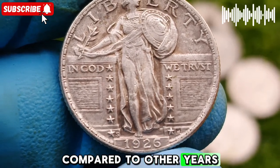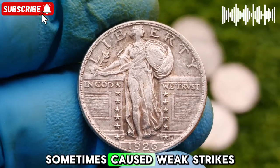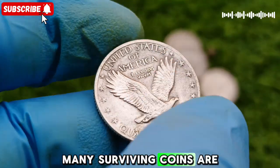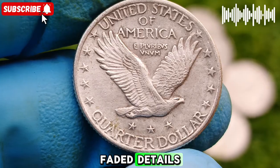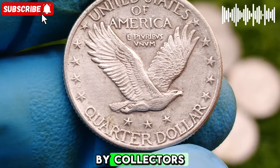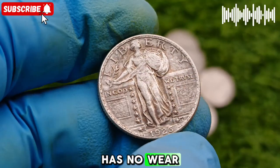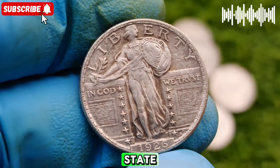Compared to other years, that's a relatively low number. Because the coin's design sometimes caused weak strikes, many surviving coins are found with worn or faded details. That makes high-grade examples more rare and highly sought after by collectors. If your 1926 S quarter looks sharp and has no wear, what collectors call mint state, it could be worth